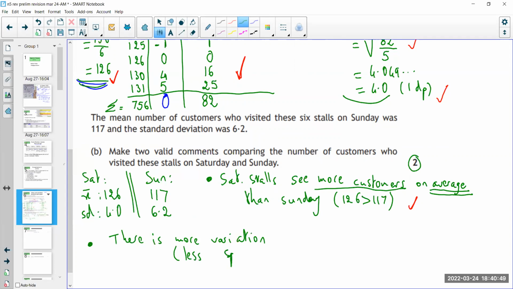These are the 2 terms that you can use that will work. There is more variation or less spread in the number of customers. Again, I'm mentioning customers here. That is important. Number of customers, more variation or less spread